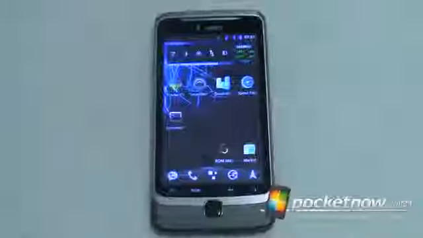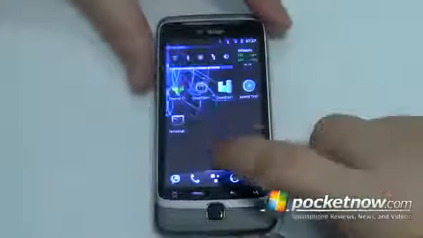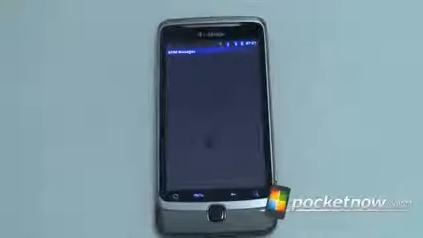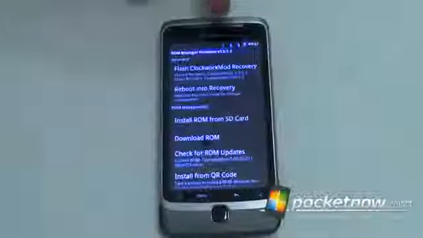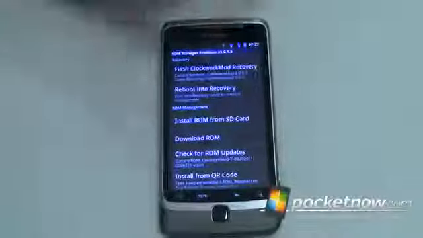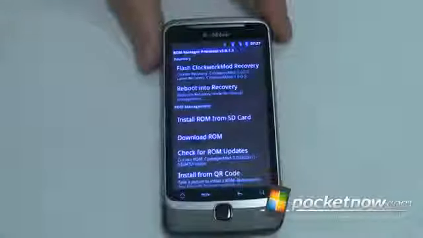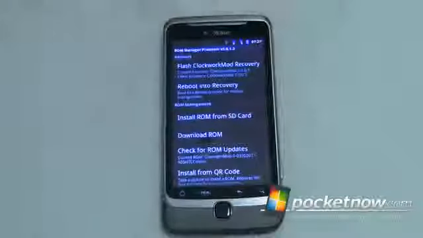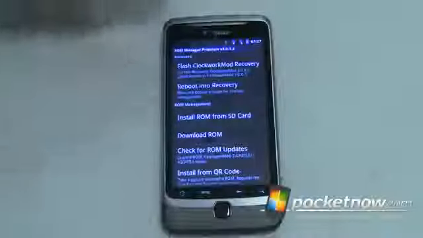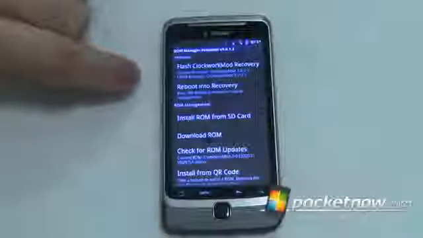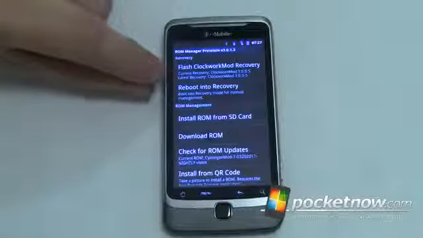Alright, my very favorite app for any Android powered user is this. It is ROM Manager. It is by Koush, and it has made my life so much easier. It's just ridiculous. The current version is 3.0.1.3, and basically what this app lets you do, if you have a rooted phone with super user permissions, which I do, and most rooting processes require that you have super user permissions, or at least are able to have them, is first and foremost flash a custom recovery image